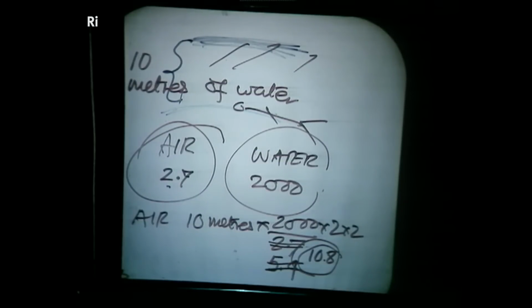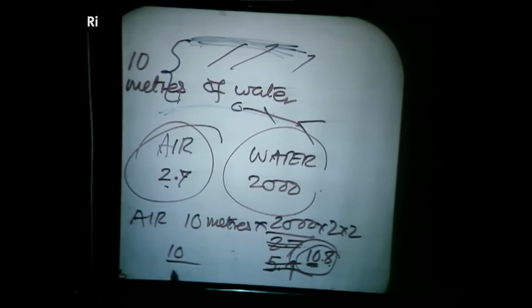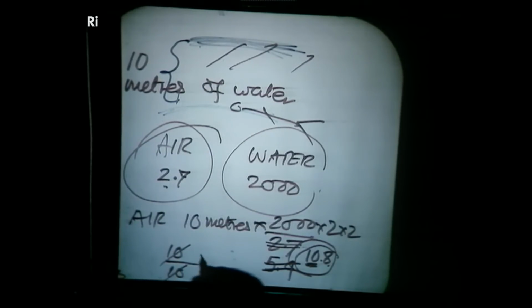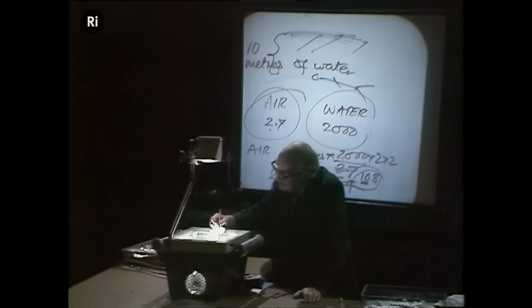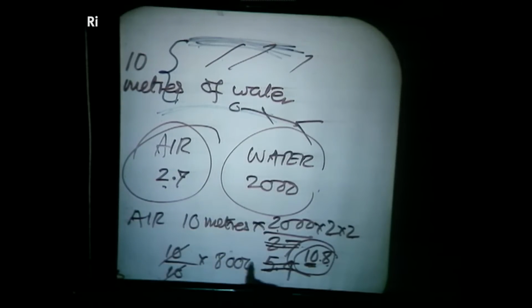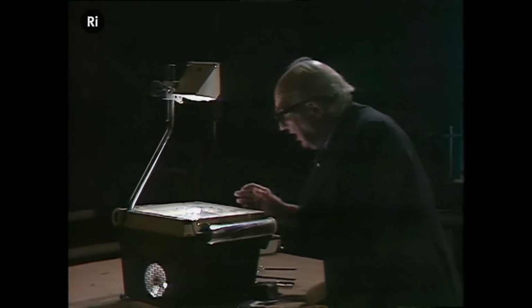Well, I want to make life quick and easy, so I'm going to call it 10. So I have 10 over 10, very providential, isn't it? Times 2,000 times 2 times 2, which is 8,000. So it's 8,000 meters, 8 kilometers of thick, gooey air like the air around us, all the way up, and